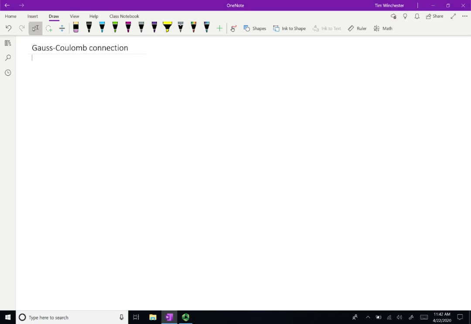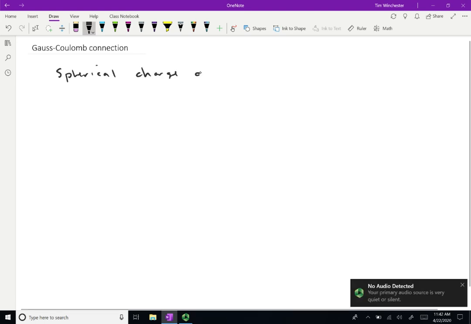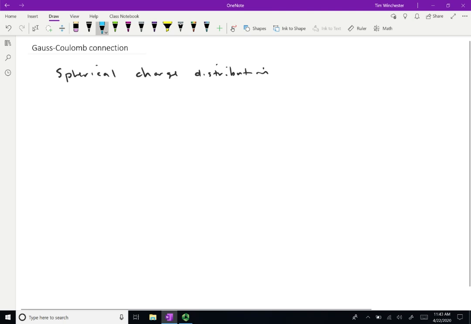In this video, I would like to do another example of using Gauss's law to do a calculation of the electric field in a certain situation. The situation I want to look at this time is a spherical charge distribution. Imagine that we have a sphere like this, and it's got some, let's say, positive charge spread out